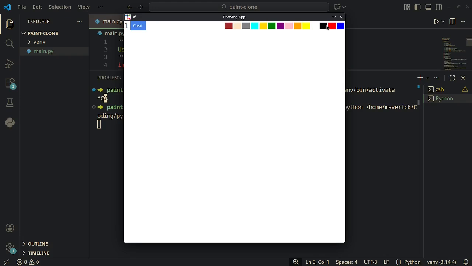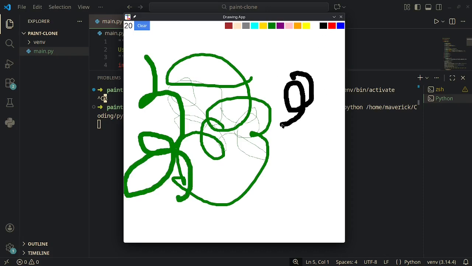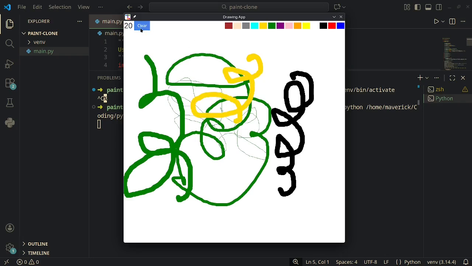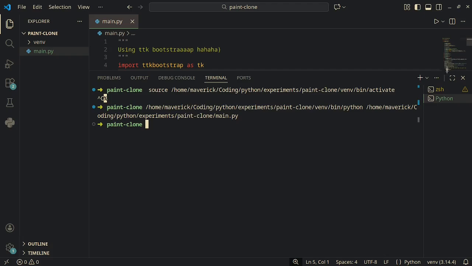We have different kinds of colors that we can use, and we can draw actually on this canvas that we have here. Also, we can increase the thickness of our pen by using arrow keys. For example, let's set it to 12 and try to draw it, and as you can see, it is now much more thicker. The maximum thickness that we have here is 20, and this is the maximum that we can go here. We have a bunch of colors that we can use in our painting, and we can actually clear the screen and make it empty. Yeah, this is kind of a simple paint clone application that we will implement in today's tutorial using Tkinter module